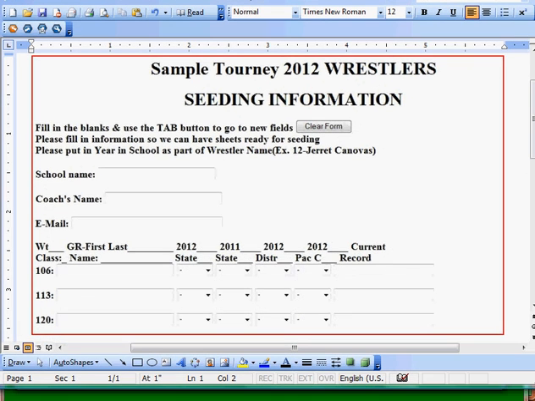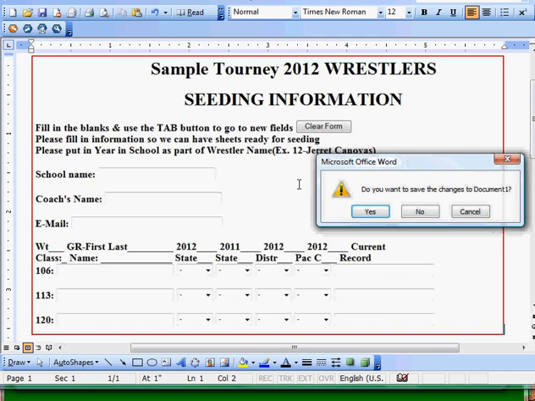Anyway, that's set up. What happens when you do that is you're going to end up with a form that looks like this. This is the entry form program that coaches are going to see. They're going to type in the name, their school name, coach's name, email address, and then what we do is we put in the name of the 106 wrestler, and then there's a pull-down menu that gives you the place they scored at state in 2012 and 2011. So they drop down that and put in the place, and then they can put in their current record. At the very bottom of this is a submit, which then sends it to you. At this point, we're done